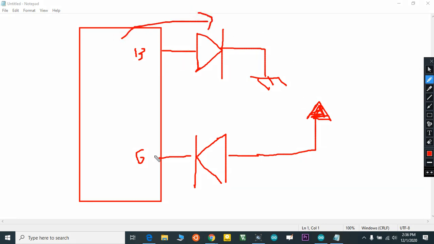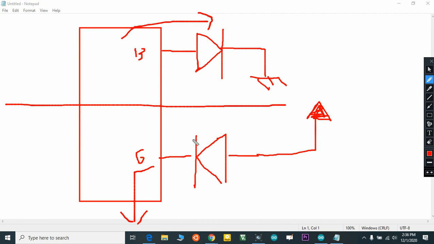In the other type of connection we are sinking, which means we are grounding this connection. These are the two types of connection used in LED connections, one is sourcing, another one is sinking.